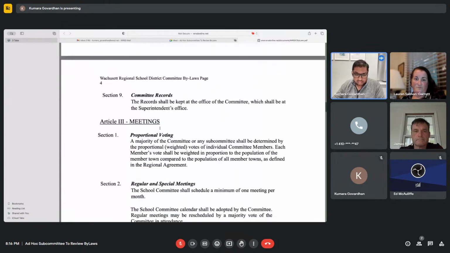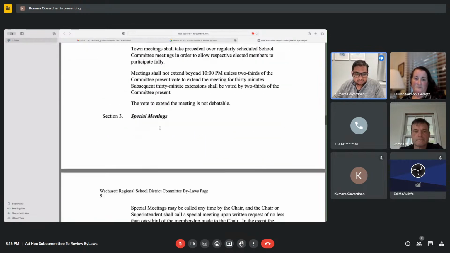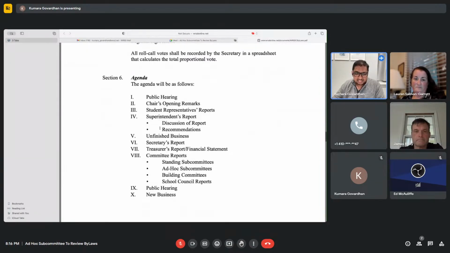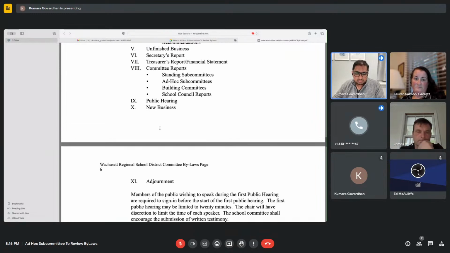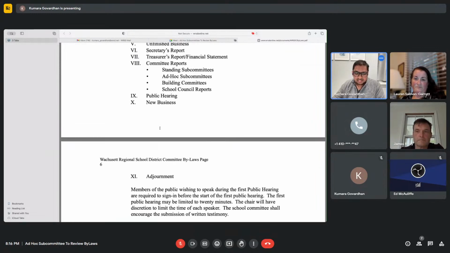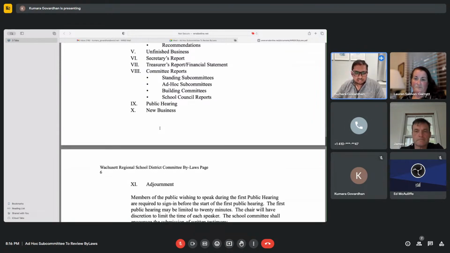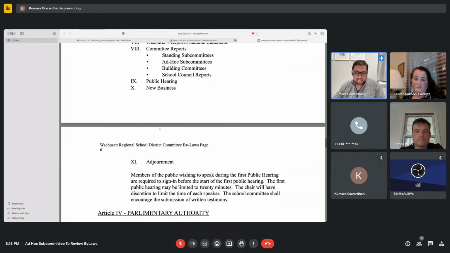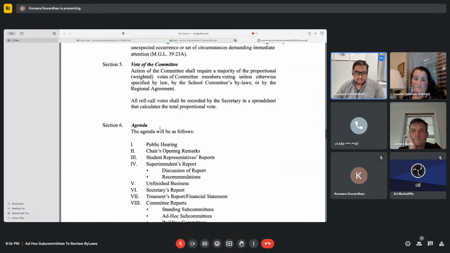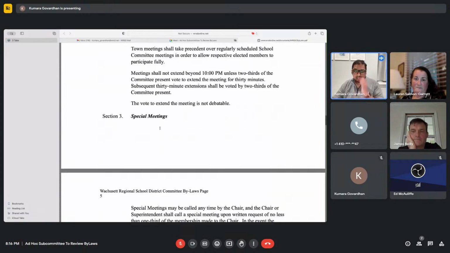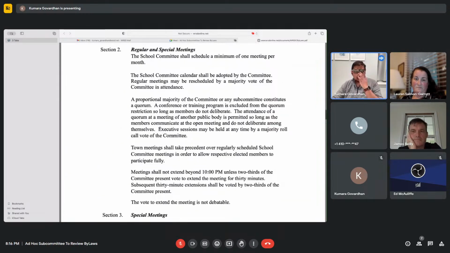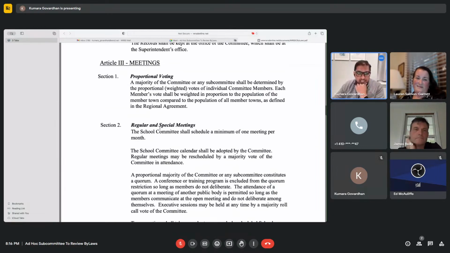Article 3, based on what we talked about so far, that covers it, because then it goes into Article 4, parliamentary authority. Any other feedback on anything else in this section?